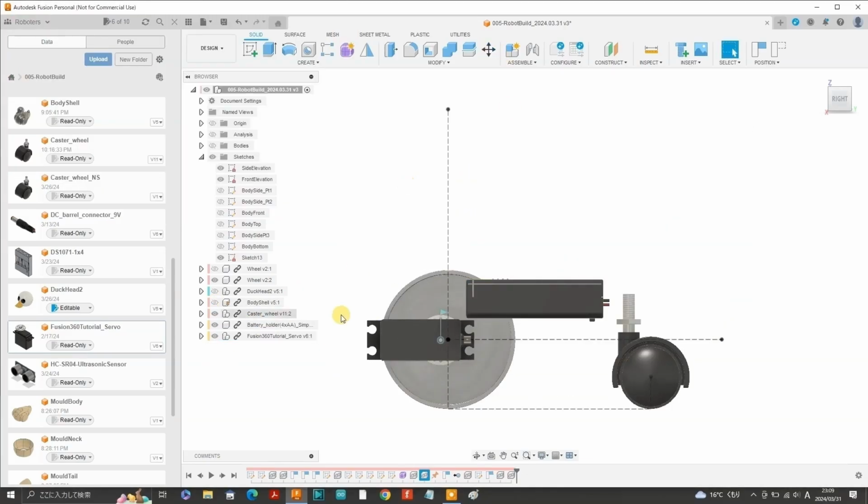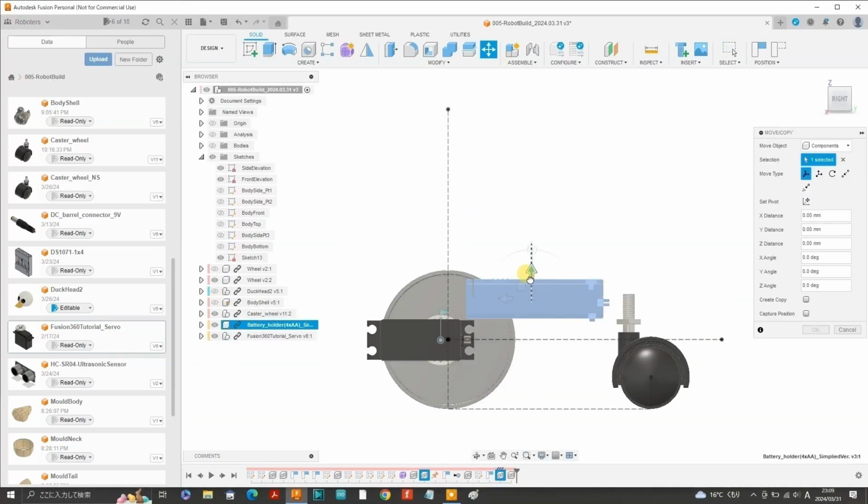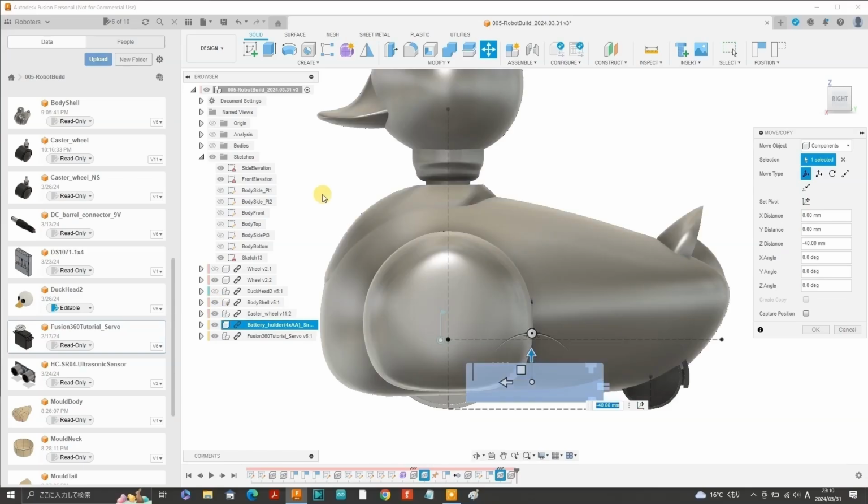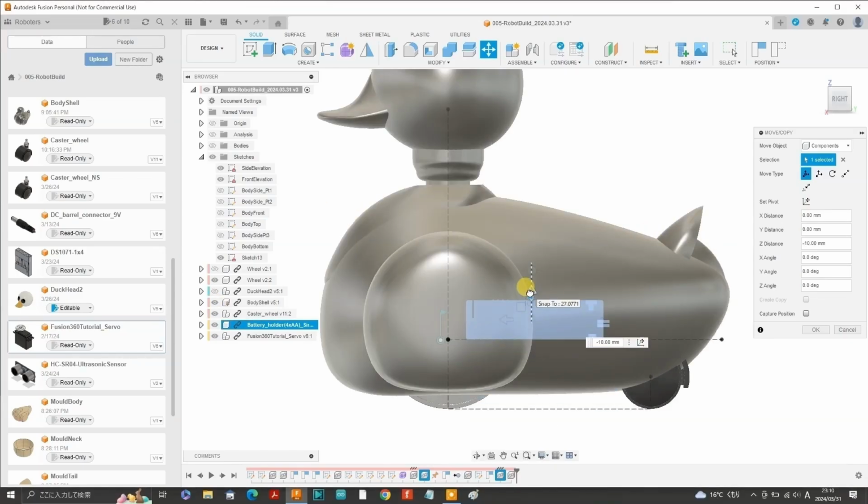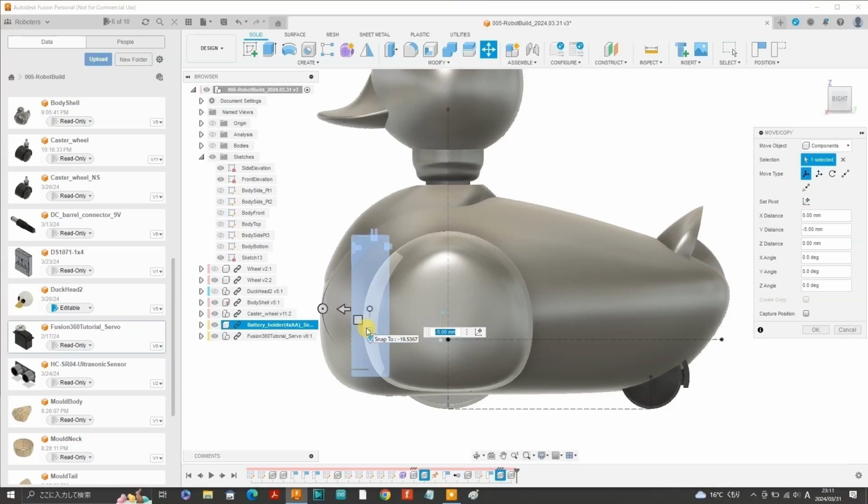So due to the limitations on the size of the robot, in order for the sizes of the wheels and the ultrasonic sensor to be in proportion, it is quite a challenge to determine the positions of the various components such as the servos, the battery holder, and also the Arduino circuit board and the 9-volt battery. So our robot is going to have a very compact design.